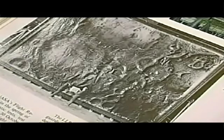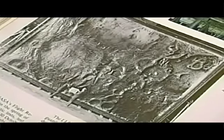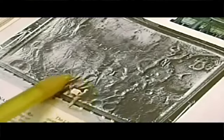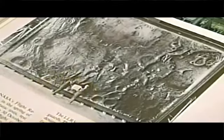Obviously, if you're going to somewhere that nobody has been before, you need to have a simulator which recreates that environment as closely as you can. If you're going to the moon, you recreate the surface of the moon. And here we see a section of the lunar surface created. It's about 30 foot high, 35 foot long. Scale is given by the two people standing in front of it. There were plenty of simulation exercises, but the point is, and should be taken into account in virtually everything that is discussed with the Apollo program,